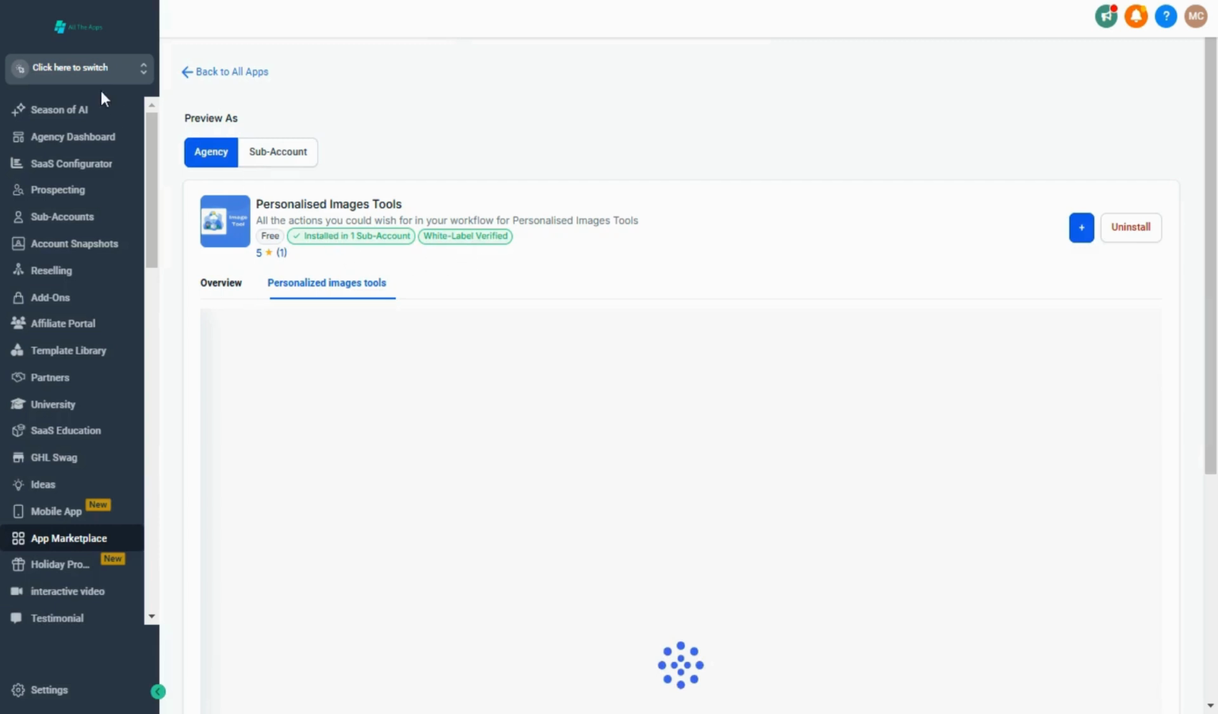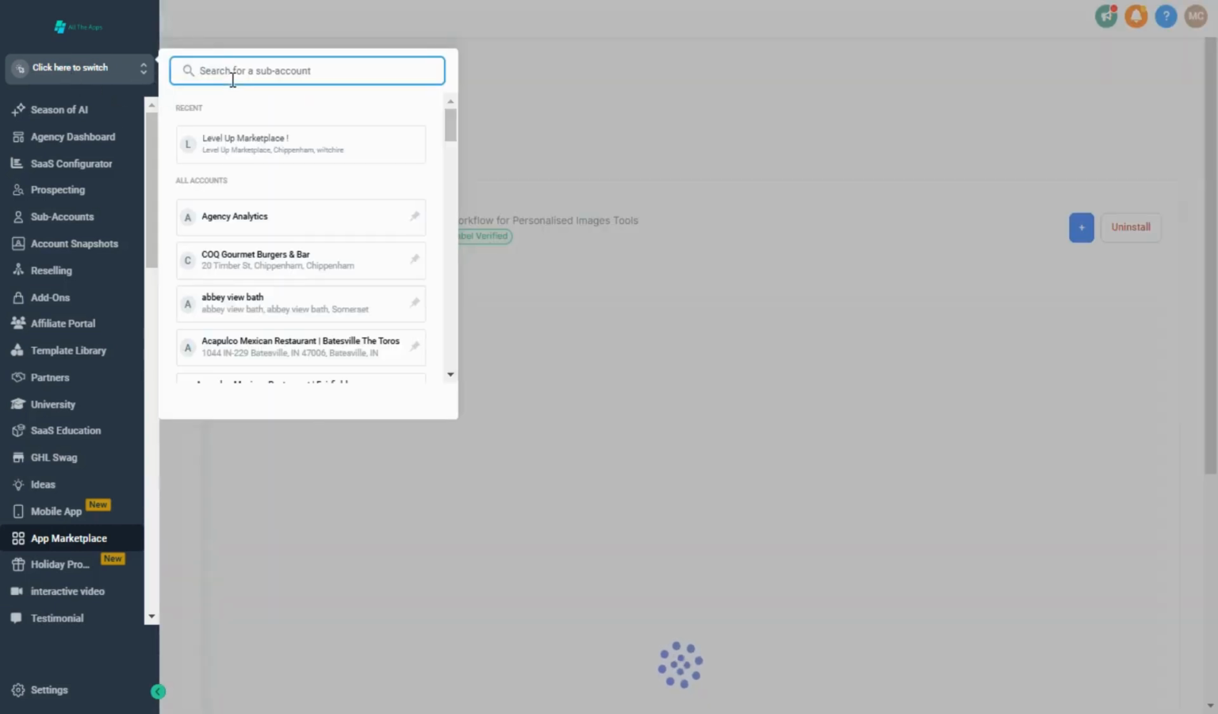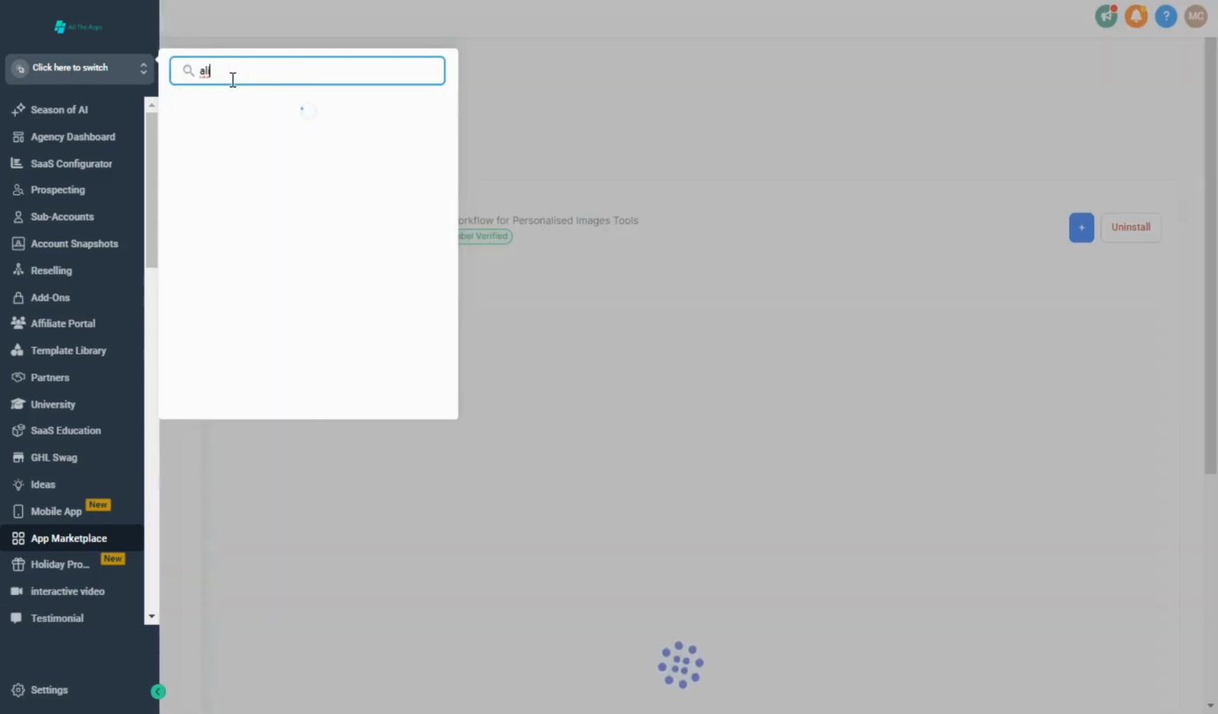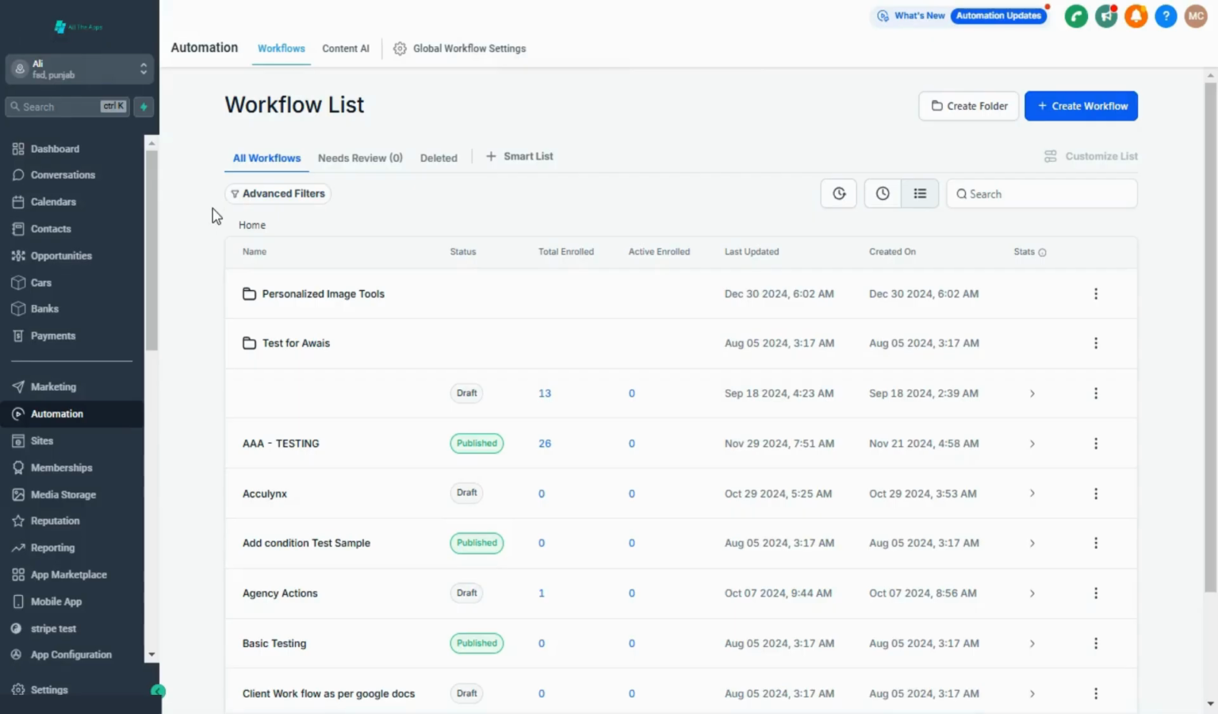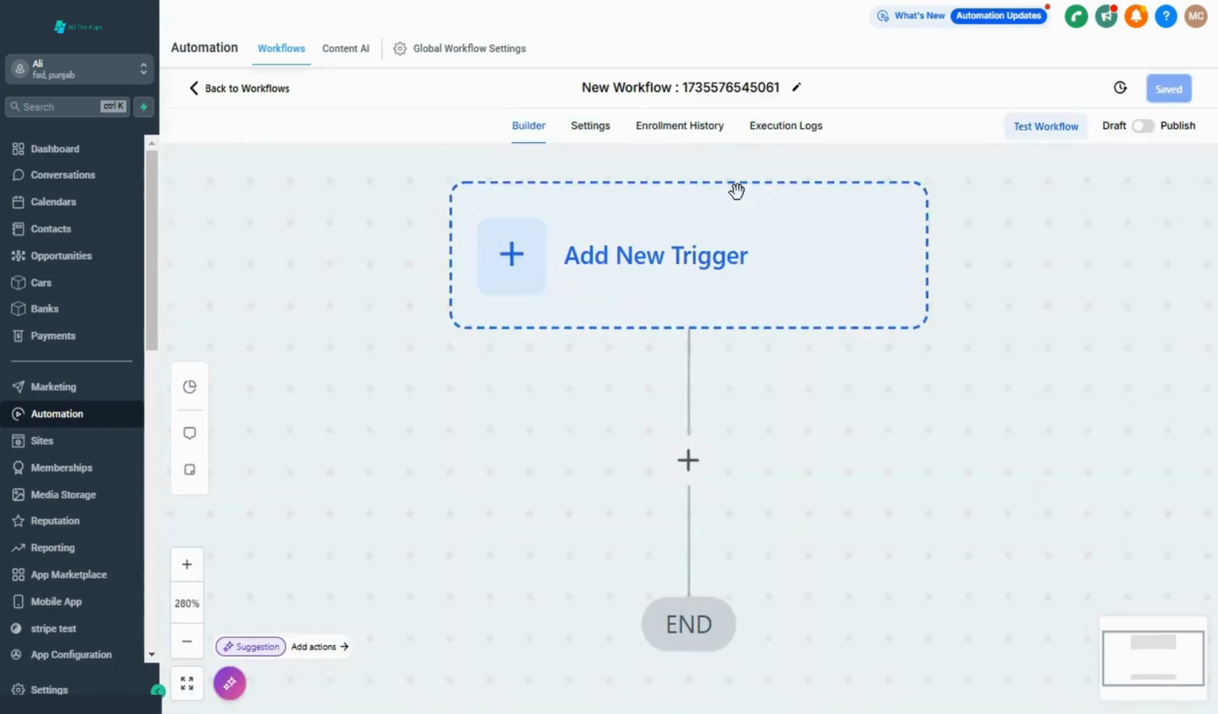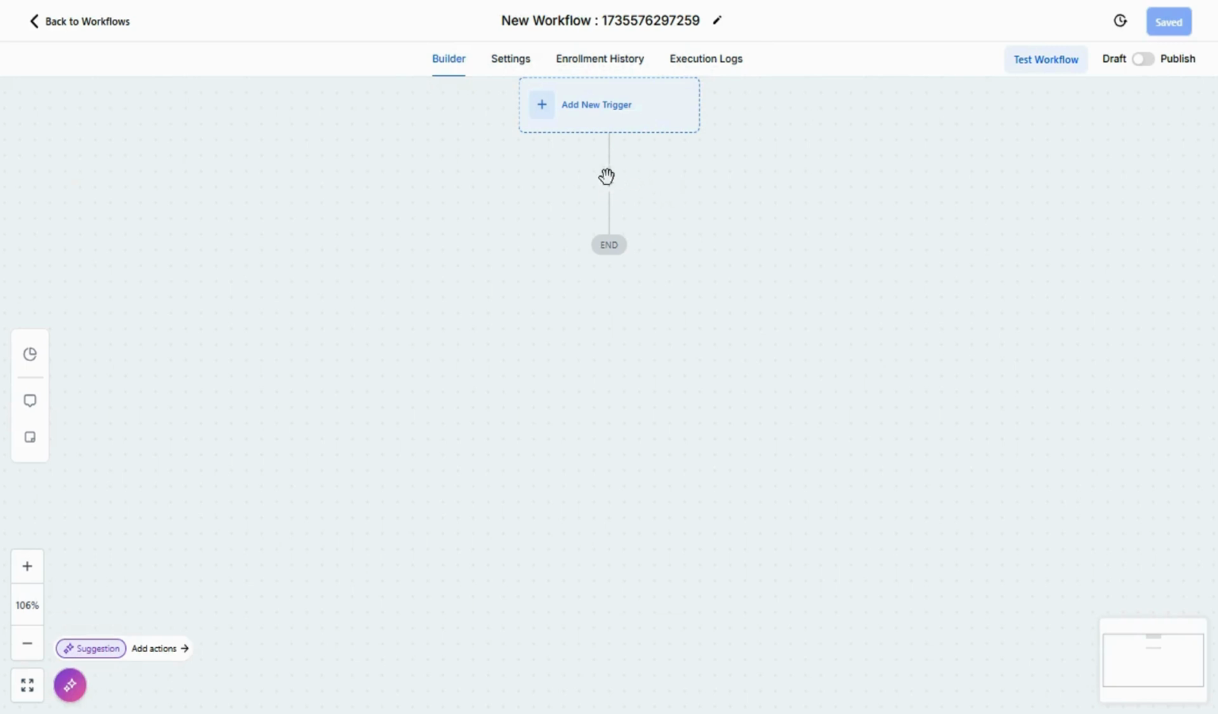As you can see from here as well, look for the sub account. Here we are at our sub account level and we have to head towards the workflow builder through Automations. You can find it in the navigation bar. Let's create a new workflow. Here we are in our workflow builder. Let's create a new action